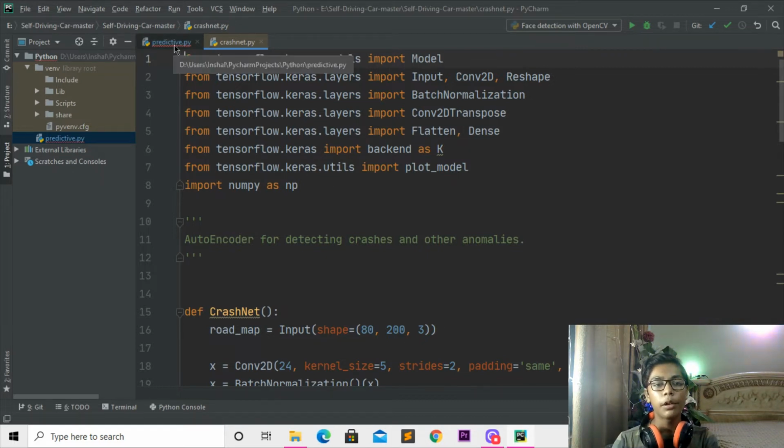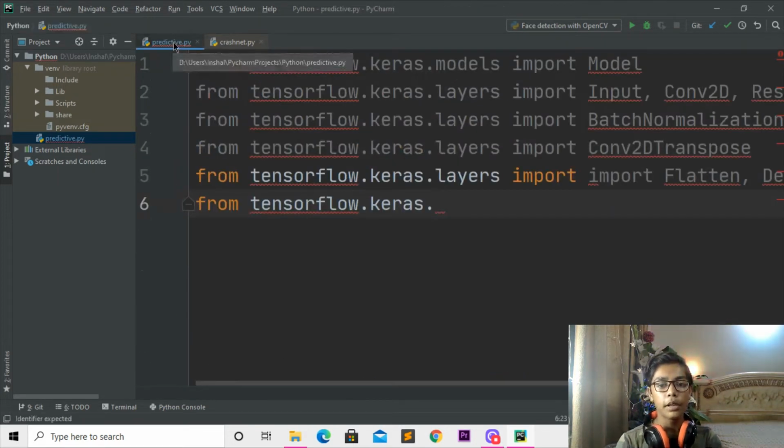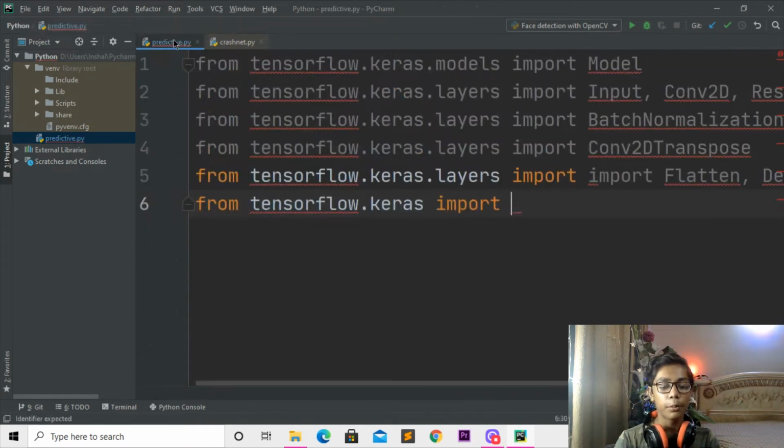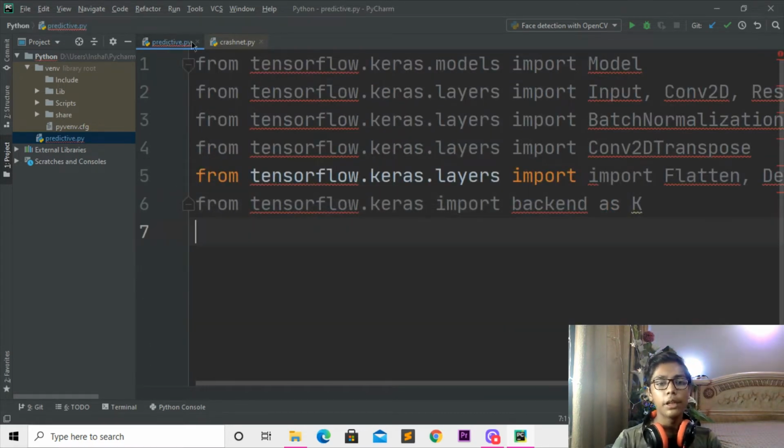So here first of all you have to do one thing now for that. If I move to this predictive now, there it is written like import, and you have to import a thing which will be like, if I move here, you can see there's written nothing. So here we have to import backend. So here write backend, and then if I move, you can see there's written escape. So when you've done that, I'll be coming underneath here. Then I'll be changing that to from